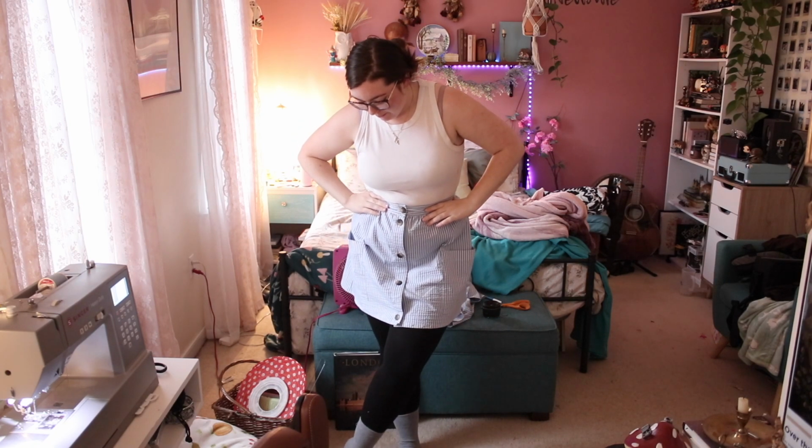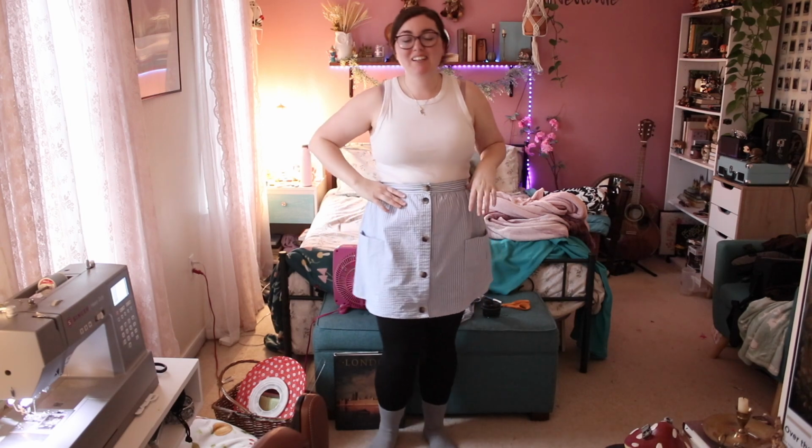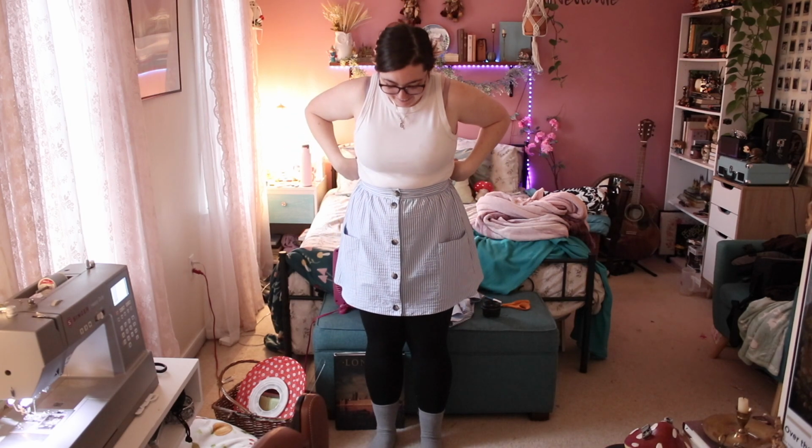Okay, this is the skirt all hemmed. I love it. This is exactly what I had in my mind. Obviously, I probably wouldn't wear it with black tights and gray socks. This is just what I was already wearing today, but oh my gosh, I love it. I think it's gonna be